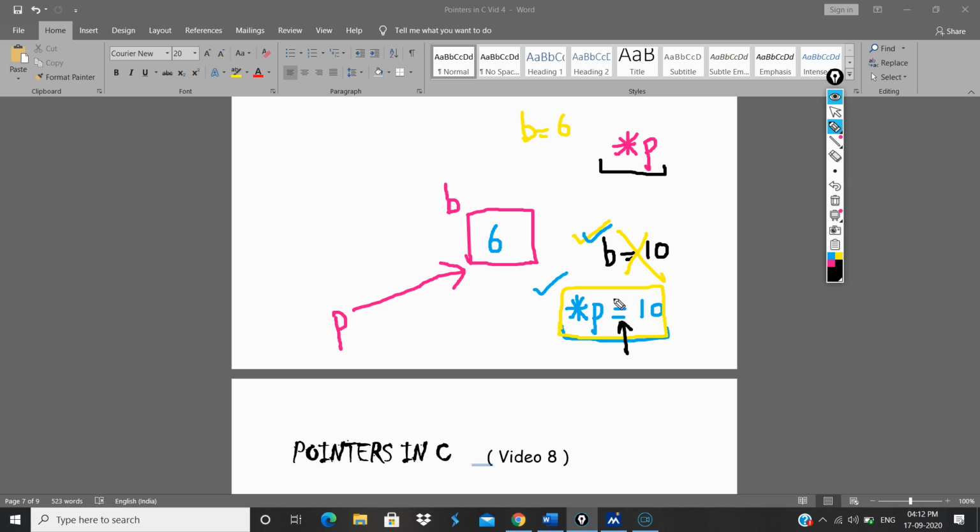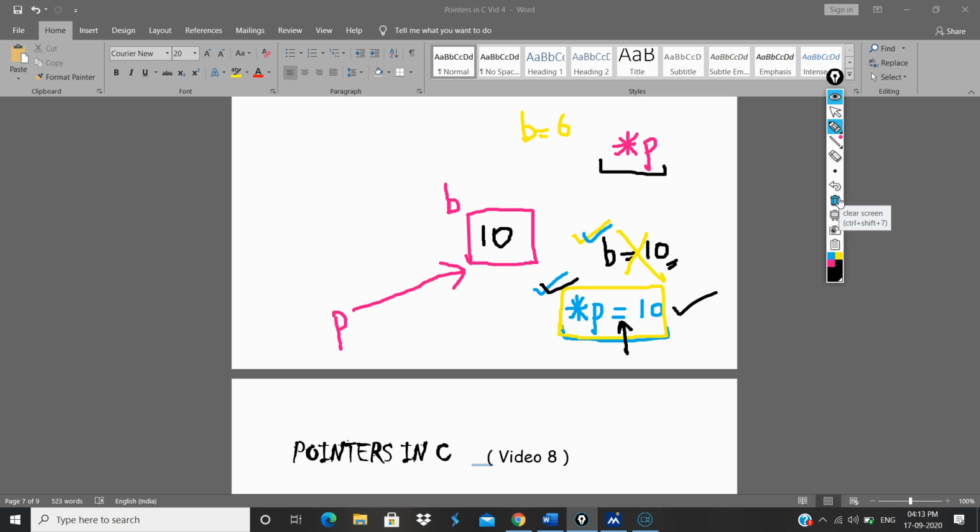So p is pointing to this location, and when I write this statement, the value 6 will get replaced by 10. So either you write b is equals to 10, or with the help of the pointer you write this, both outputs will remain the same. Please do remember this, because we'll require it as we solve some examples.